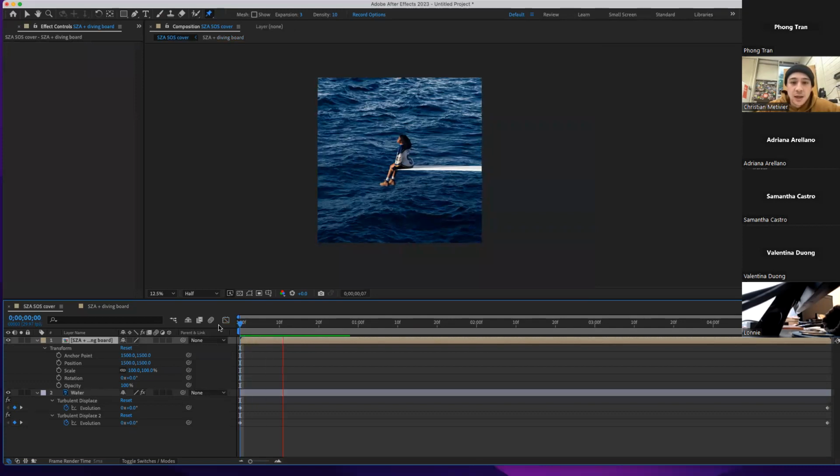And we should have some animation going on here with the water along with the puppet tool we just did on the composition layer we just made. Okay, so that's looking pretty good, but as we know, we still need to animate the diving board to sell it. And then what we're gonna wanna do is